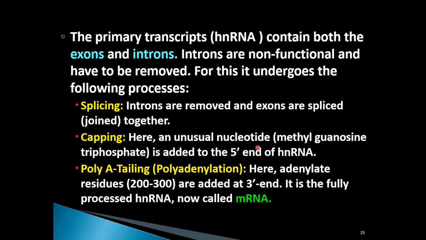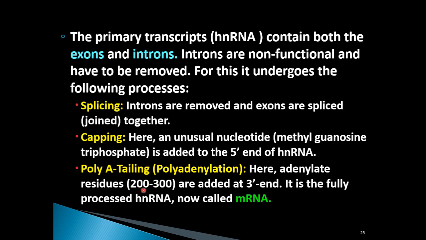Here an unusual nucleotide, that is methyl guanosine triphosphate, is added to the 5' end of heterogeneous RNA, and this is called capping because here you can say it's like a cap. It is added at the 5' end of the heterogeneous RNA, and what is added? Methyl guanosine triphosphate, right? Then one more change is there, poly-A tailing, that can also be called polyadenylation, and here adenylate